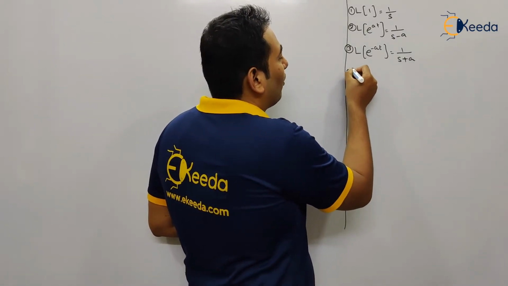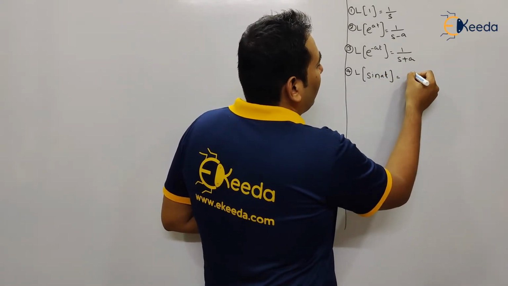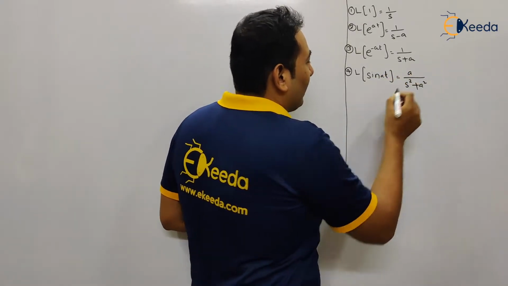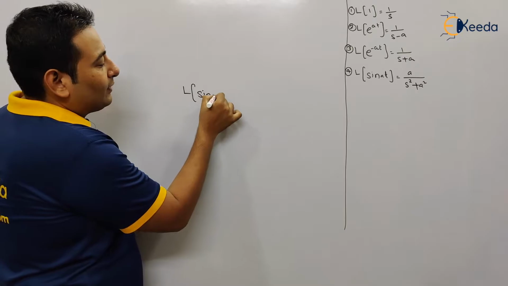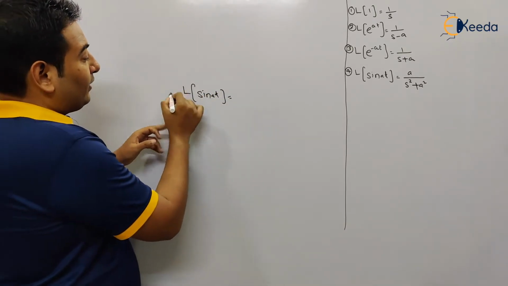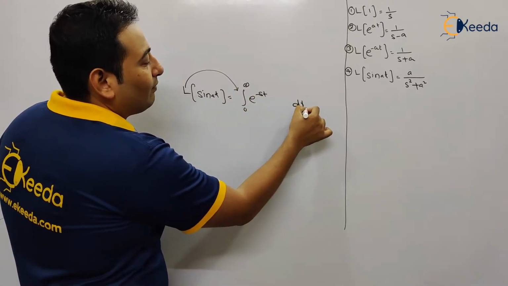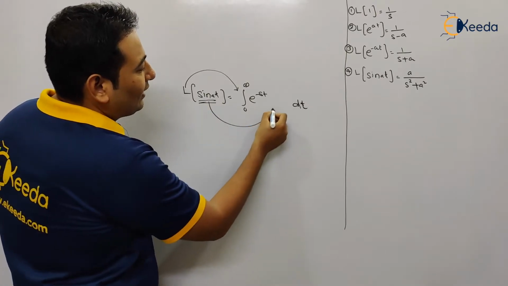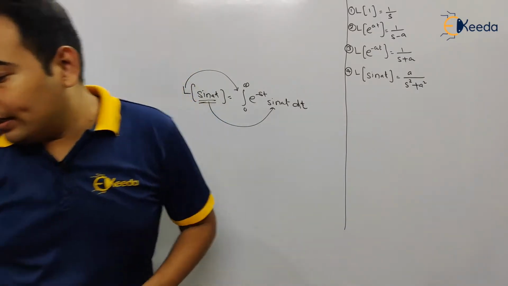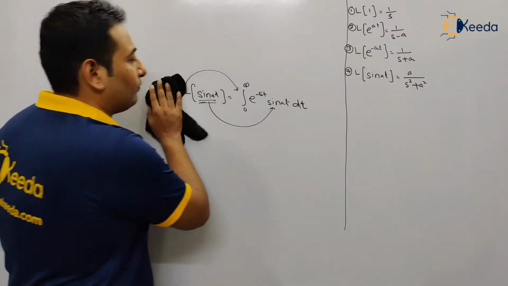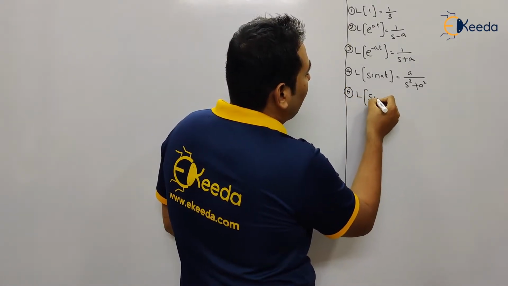Let's move on, and the fourth formula, Laplace of sin at, is a upon s square plus a square. Directly you can take this formula. If you want to find it out, let me tell you, see here, sin at, what are you going to do? Because of this Laplace, you're going to integrate from 0 to infinity e raised to minus st, dt will come here, and what is the function? Sin at. So sin at will come here. If you integrate this, you're going to get this formula. I'm not doing it right now. If you want, you can try it at home. Let's move on. Laplace of sinh at.